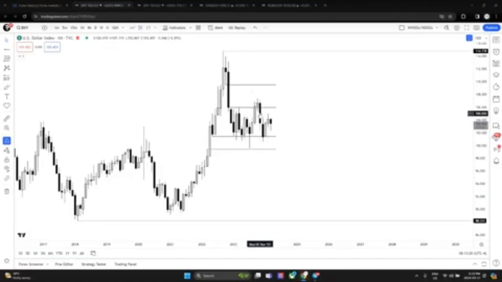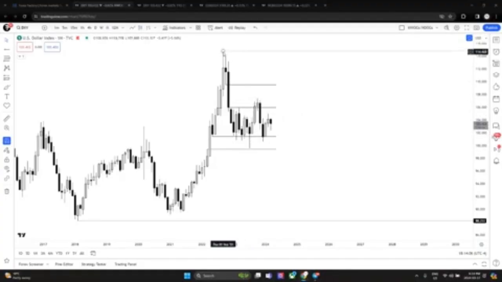So again, we have this high trading into this fair value gap. And note that we didn't get to the consequent encroachment of this fair value gap, which is the 50% of the distance from this low right here and this high. Here you can see that we traded through the 50% level of this fair value gap, and since then, we've just been bouncing around in between these two higher time frame fair value gaps.